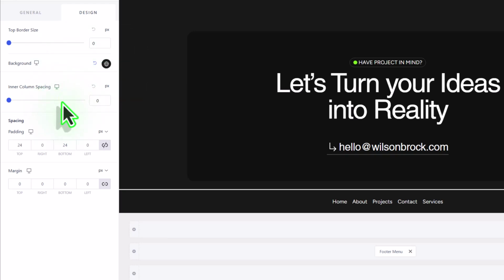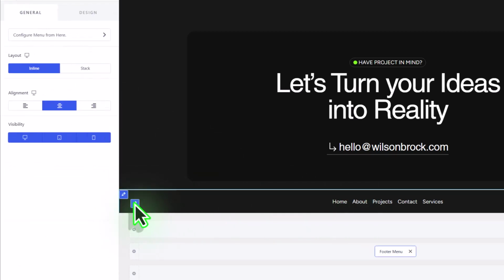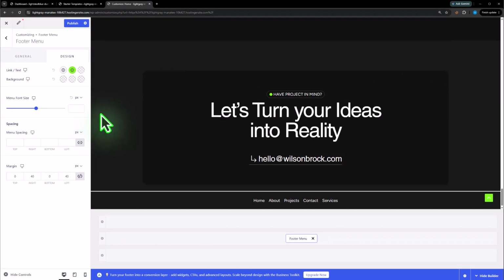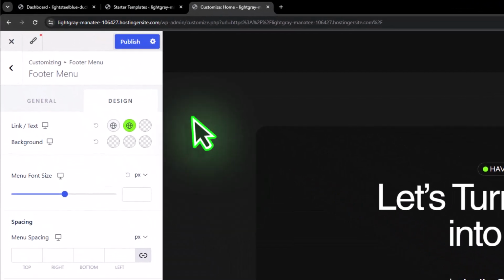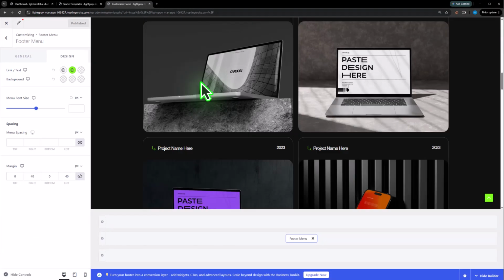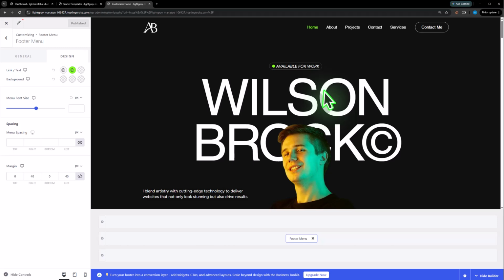Now to customize the footer elements, just hover over the element and then click on this pencil icon. And now you can configure this menu from here as we did for the header. And also you can change the layout from here and alignment from here. And from the design, you can change the text color and background color. And also you can change the font size from here. So once you are done customizing your header and footer, from the top just click on publish and all the changes will be saved. So we are done with the header and footer,